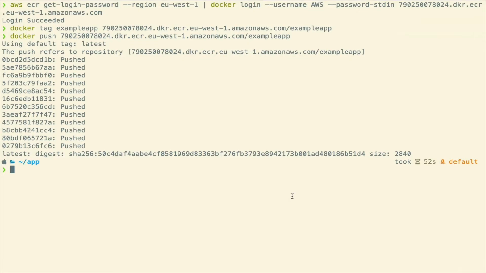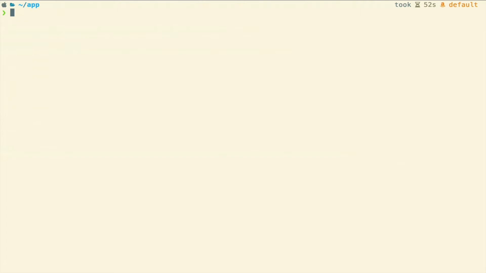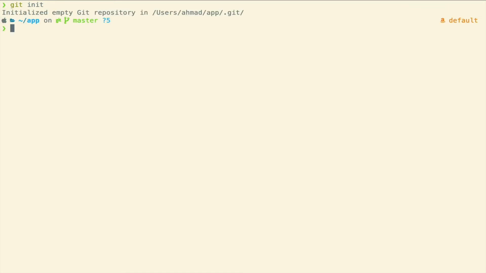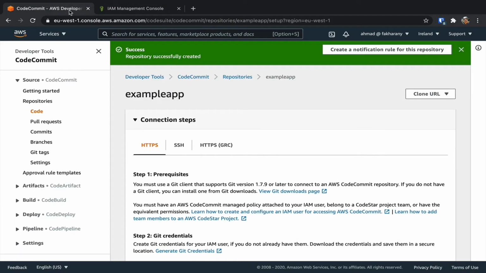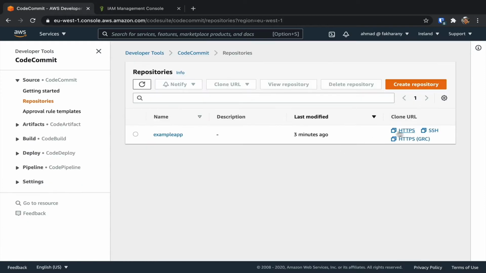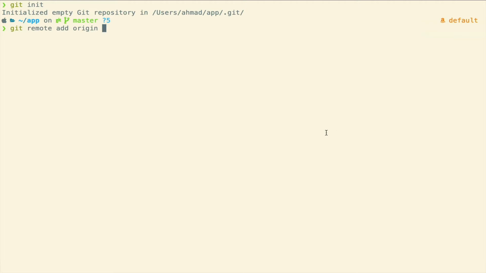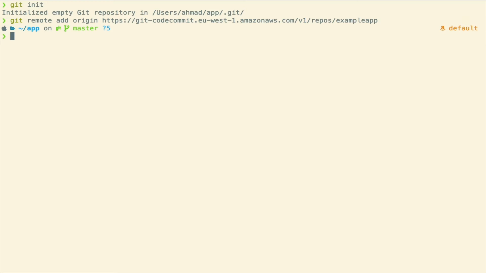Let's clear the screen. And let's create a CodeCommit repository for this app. I'm going to start with git init to create an empty Git repository in this directory. Then I'm going to use this command, git remote add origin, and then I'm going to supply the URL of our CodeCommit repository. This can be gotten from here. Just going to click on this to copy the HTTPS URL of our CodeCommit repository, paste it here, click enter, and